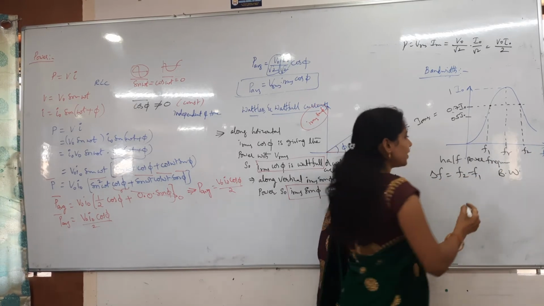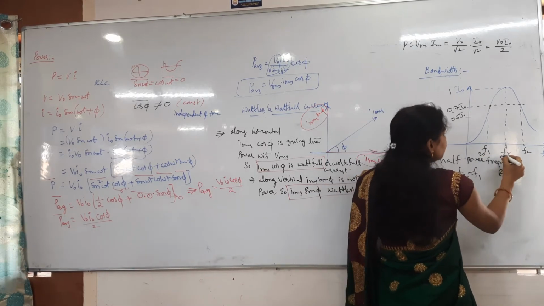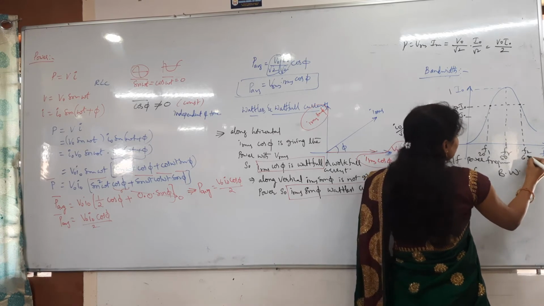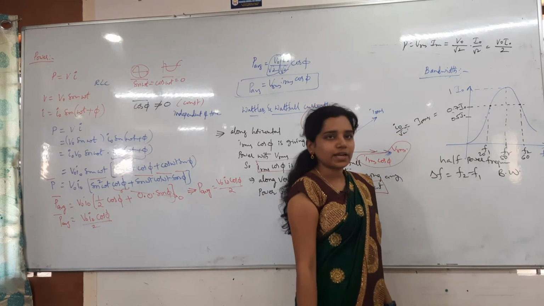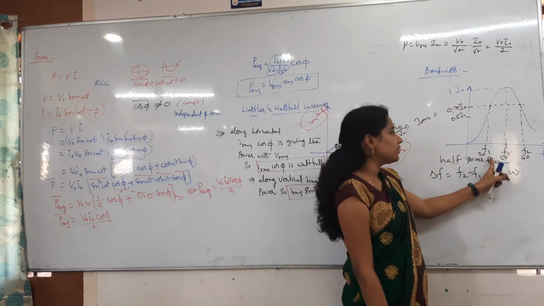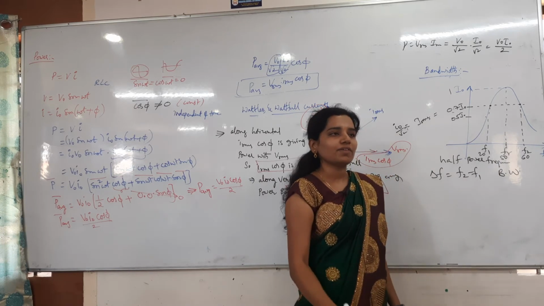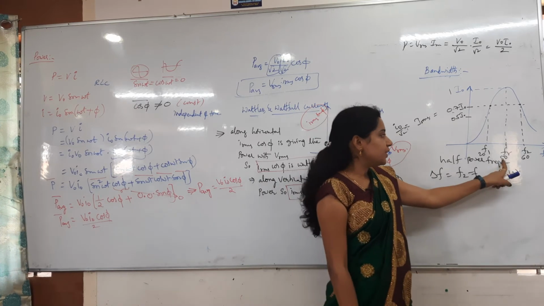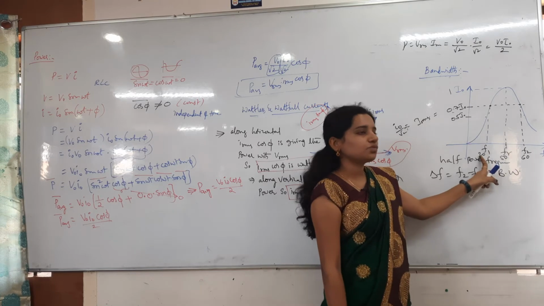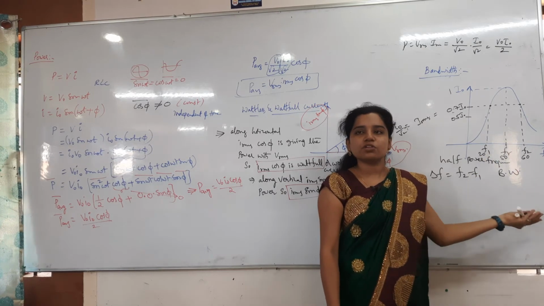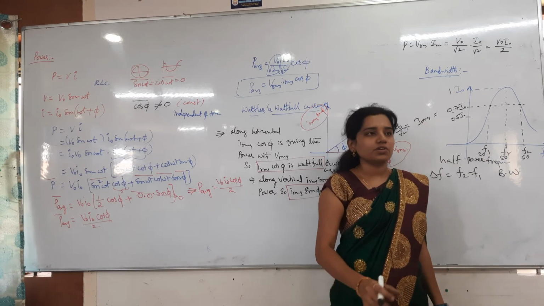For example, if I have here 20 Hertz, 50 Hertz and then let me take 60 Hertz. Like this I have. So what I can say, the Q factor formula is how much now? Q factor value is how much? 50 by 60 minus 20. Nothing but 5 by 4 is the Q factor value. Clear? That is how you will get.